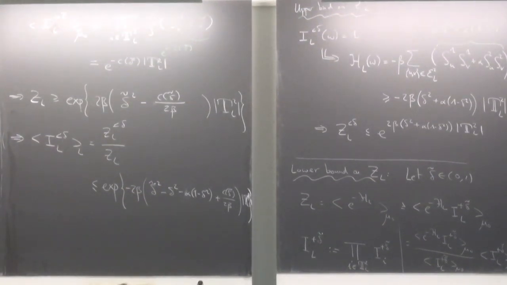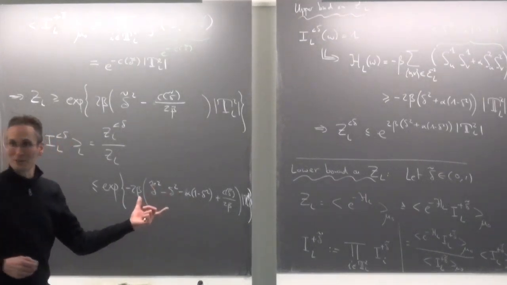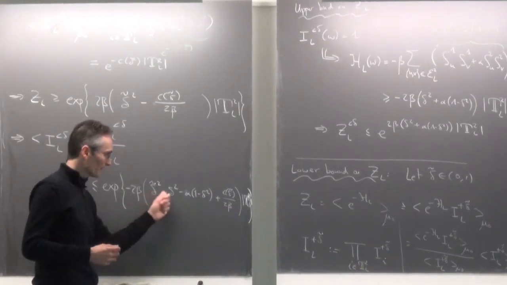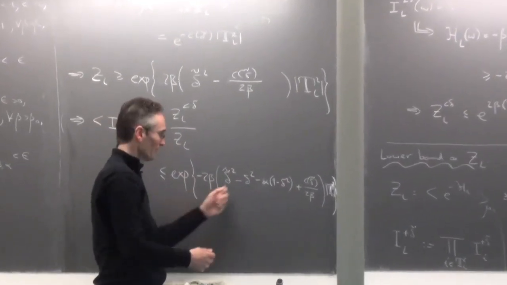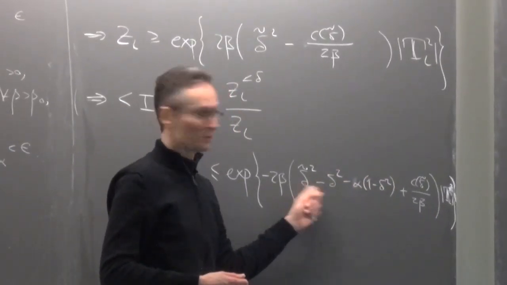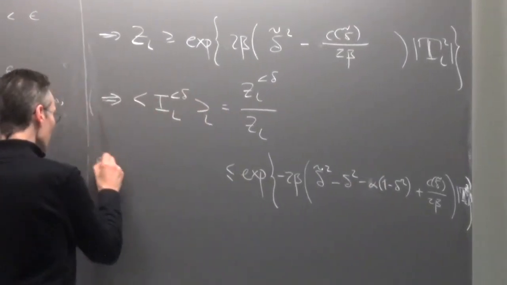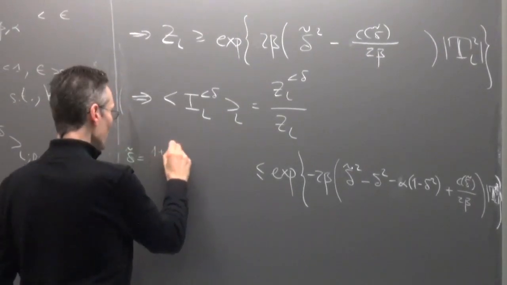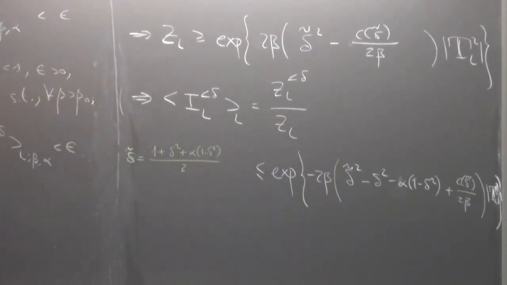And now I have to choose delta tilde. And I could optimize over delta tilde, but why should I optimize? I will just choose something which makes the computation simple. So I want to take delta tilde, of course, larger than that. I would like all this to be positive so that this decays. Right? I want a small upper bound. So I want this to be larger than that, but I want it to be smaller than 1, so we'll just take the average between this and 1. Okay? That's a natural choice. So I choose delta tilde equal to 1 plus delta square plus alpha times 1 minus delta square, over 2, just a choice.